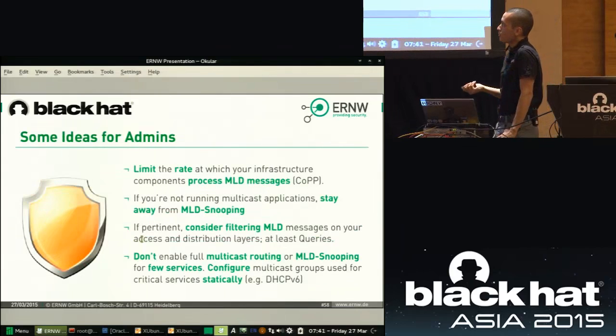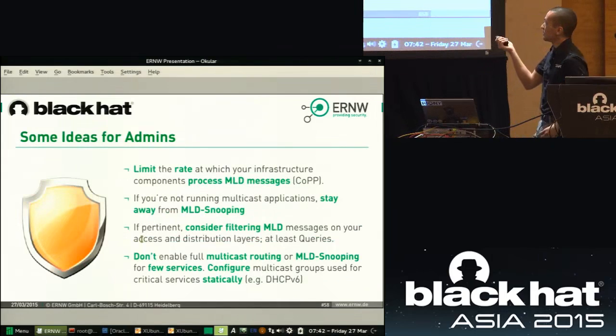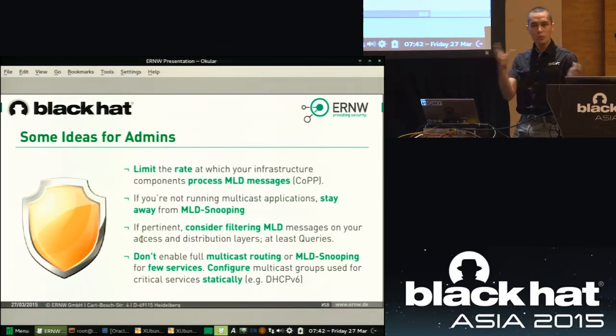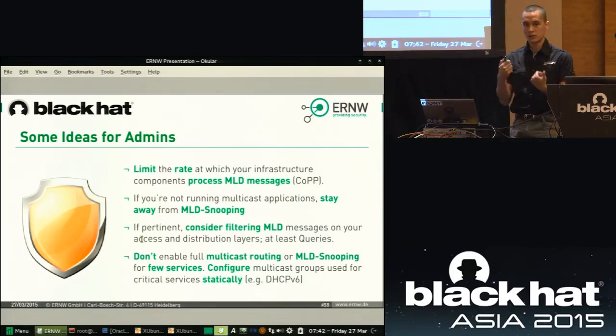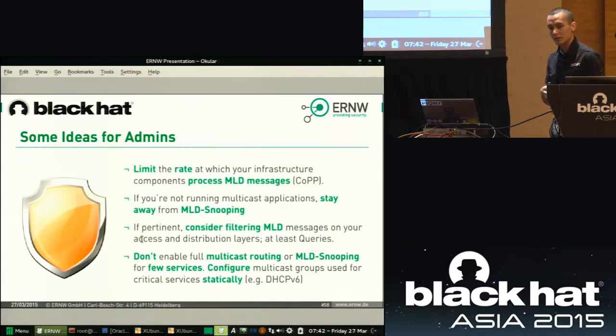So what have we learned? We've learned that we have to somehow manage MLD until we get over it, or either we go back to ARP-like behavior where we broadcast, or we start using another protocol, or we improve MLD. Simplify MLD would be a better word instead of improving it. It is already complex enough.